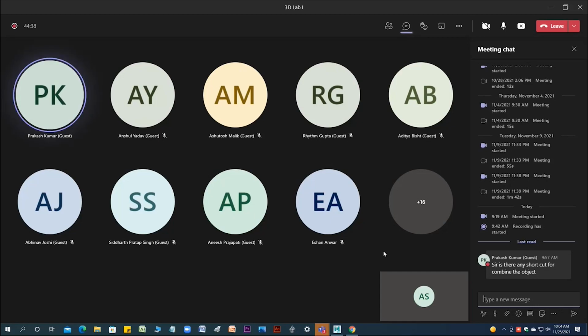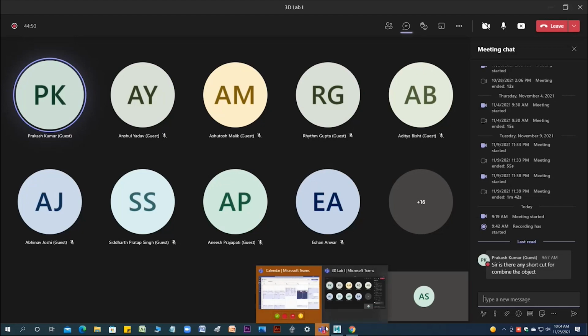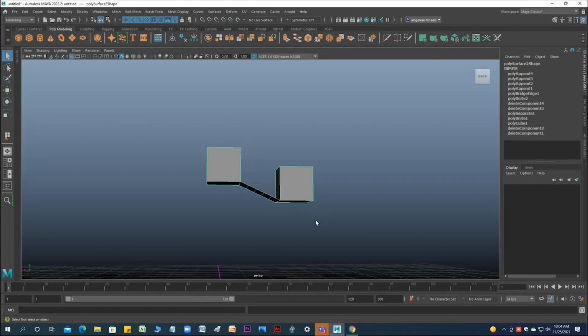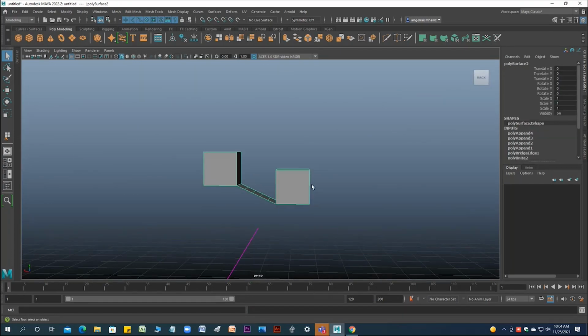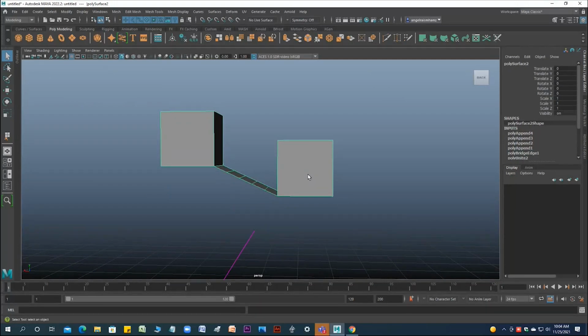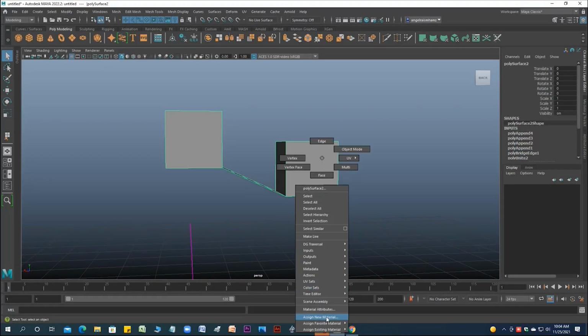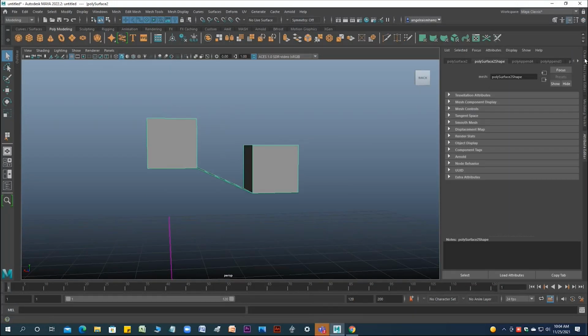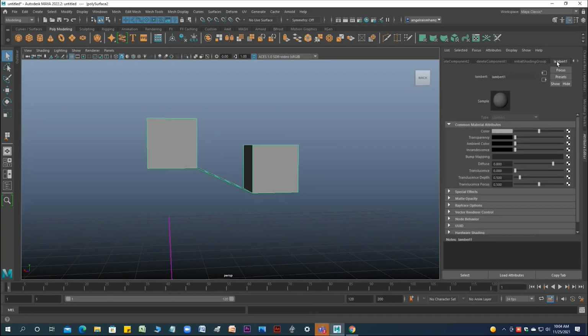Okay, sir. Sir, I missed that first topic. Which topic? That coloring one, I think, texturing. It's not texturing, it's the initial shade of the material, the surface quality. Yes, so I'm repeating it again. For example, this one. This is the default material, that is Lambert. If you right click and go to material attributes, you can see Lambert is there. So this is the default material, okay?